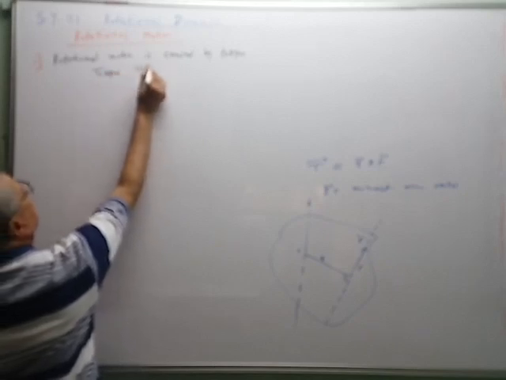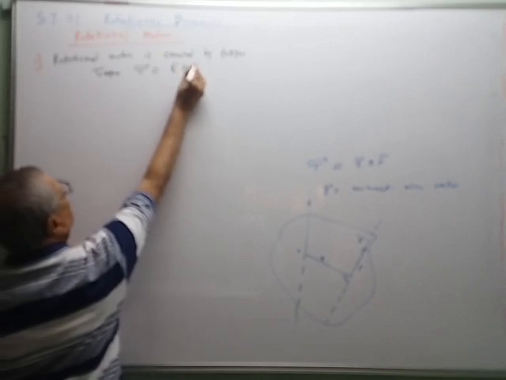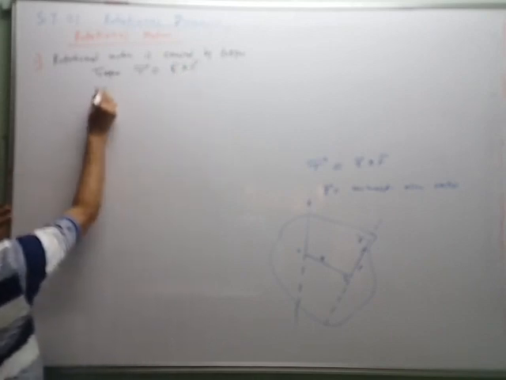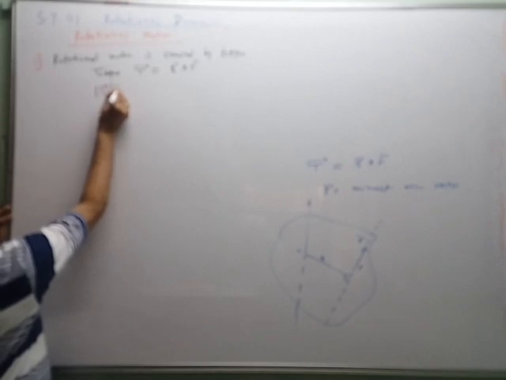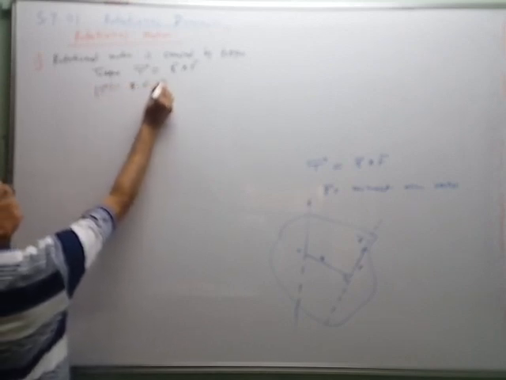Torque τ is a vector quantity, τ is equal to R cross F. The magnitude of torque is given by the magnitude of the first vector, times the magnitude of the second vector, times sine of theta,